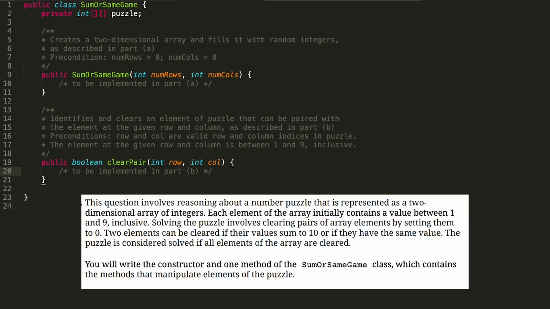So this one says, this question involves reasoning about a number puzzle that is represented as a two-dimensional array of integers. Each element of the array initially contains a value between 1 and 9 inclusive. Solving the puzzle involves clearing pairs of array elements by setting them to 0. Two elements can be cleared if their values sum to 10 or if they have the same value. The puzzle is considered solved if all elements of the array are cleared. You will write the constructor and one method of the SumOrSameGame class, which contains the methods that manipulate elements of